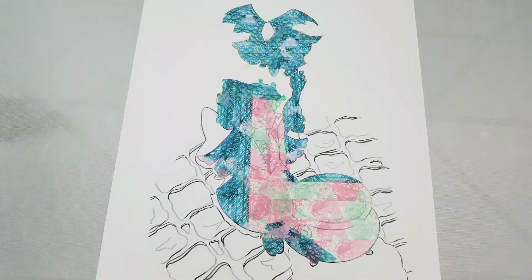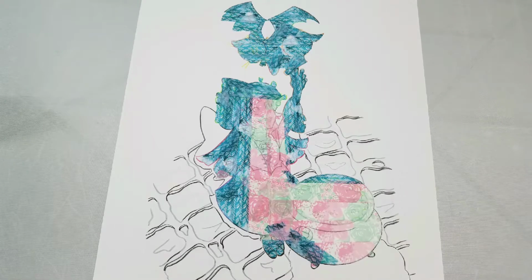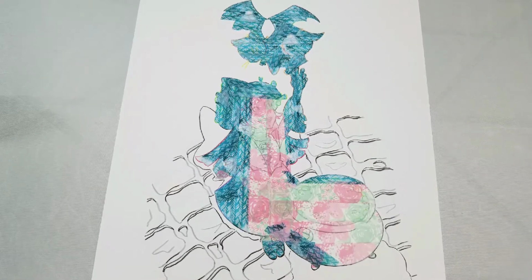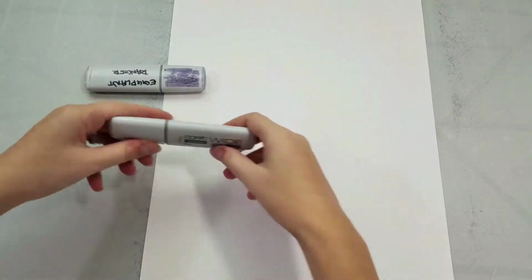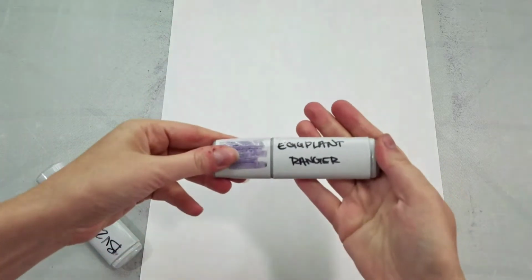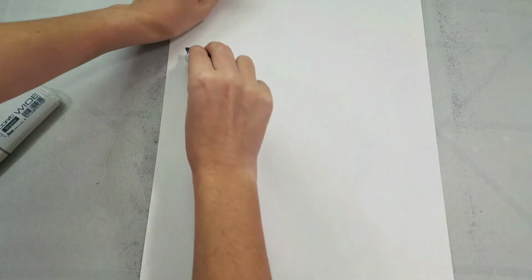So now that everything's been masked off, I'm going to use some Copic Wides to apply a whole lot of color very quickly. One of the first things I'm going to want to do is mask off my edges as well to create a border. So unfortunately, this is one of the parts of the tutorial that got eaten, so I'm going to re-demonstrate this for you guys. I have here two custom filled Copic Wides, one with Ranger Eggplant and the other with BV23,